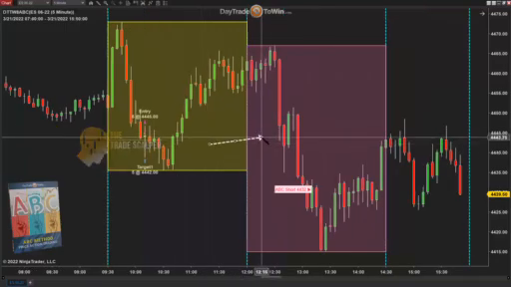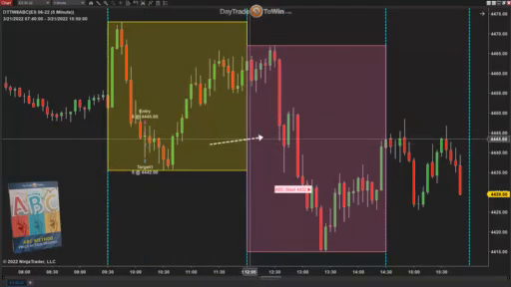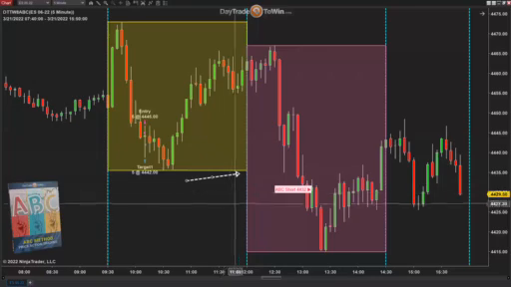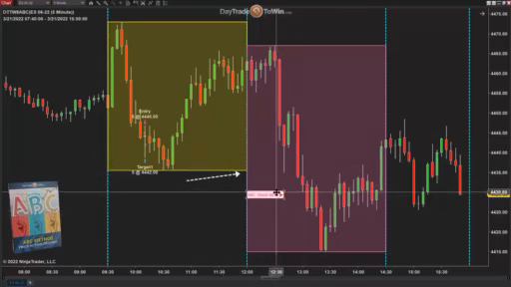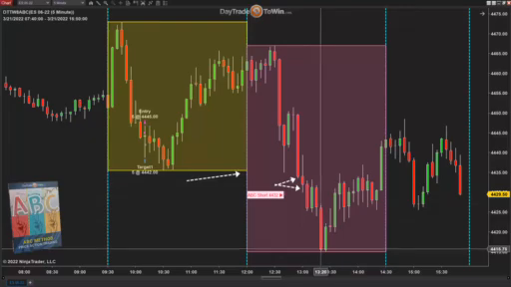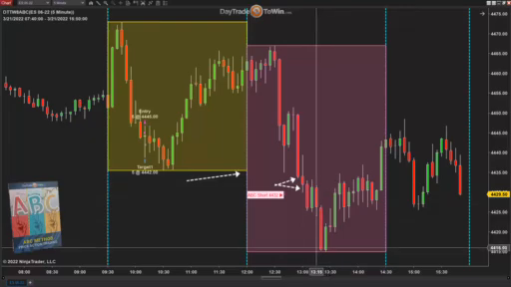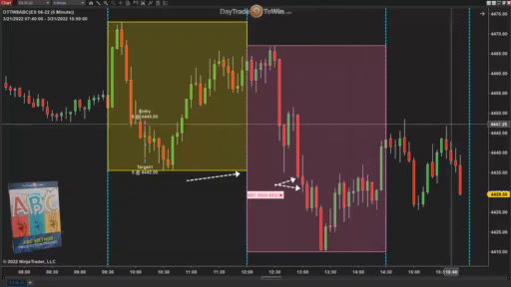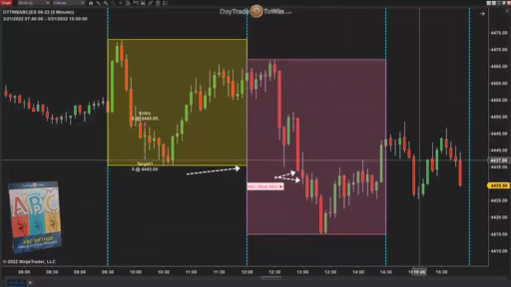Now we get into the B part of the day. And the B part of the day, again, will it break below the support? In fact, it did. And we're looking at the closing prices here, which provided a signal to go short. You can do this on your own. Again, you don't need the software that I provide. The software just makes it easier to see them as it's happening.